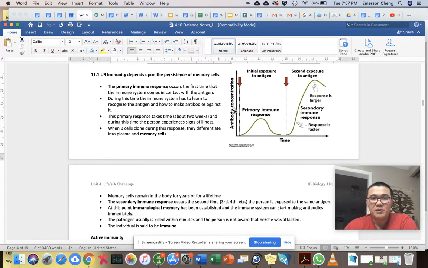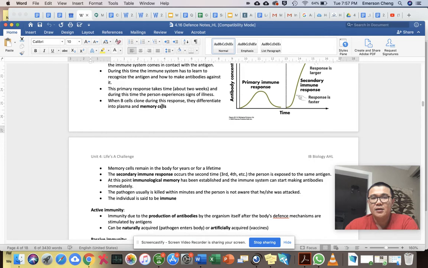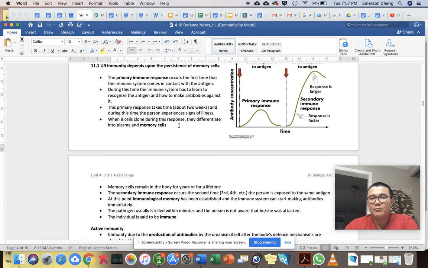Now, those people who got COVID and thankfully recovered will have memory cells in their system now. Again, I talked about this last lesson. It takes about 2 weeks for the primary response to kick in, with B cells, so you have memory cells. Now, if those people who recovered from COVID encounter the COVID virus, presuming that it has not mutated, again,